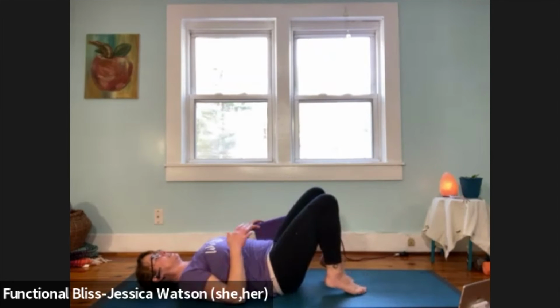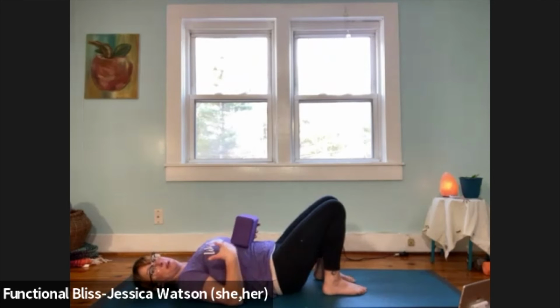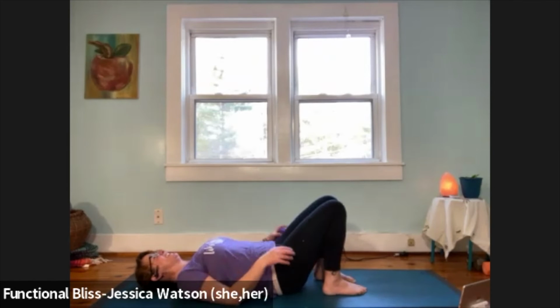So feet about hip width distance apart, heels nice and close to the butt. And then you'll play around with the height of your block that feels good. I personally like a medium height that works good for my proportions of my body. A lower setting if you're short or if you just have any back issues that you want a little bit more support. And the tallest setting, I would say, only works good for people who are super tall. So you choose your variation of the size of the lift that you're going to go for,